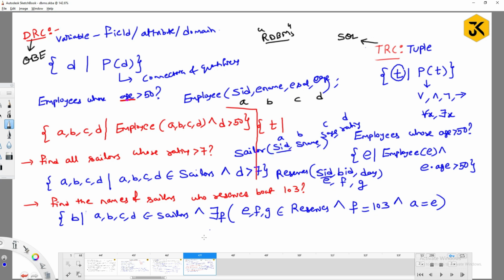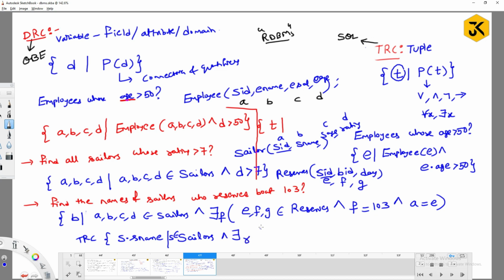A means SID. E means SID. See, I will write a TRC query for this. I am going to get S dot S name, very good, and this S should belong to sailors, and there exists a tuple. What is that tuple?